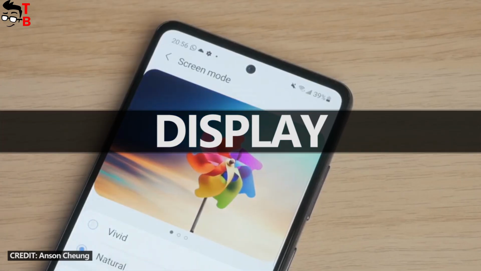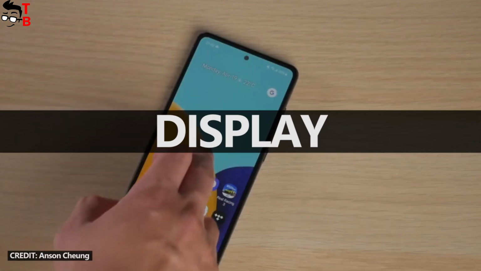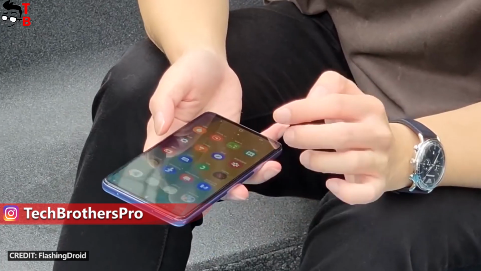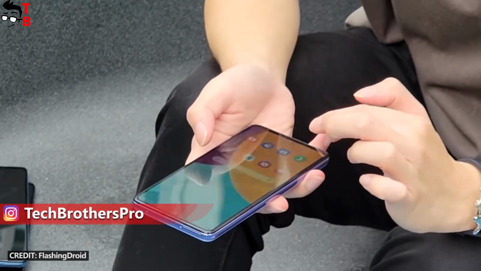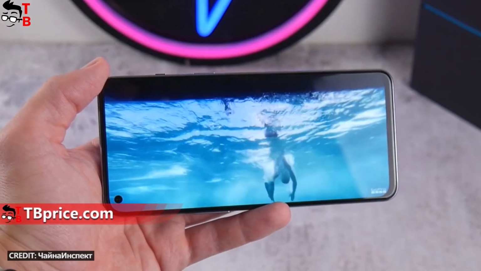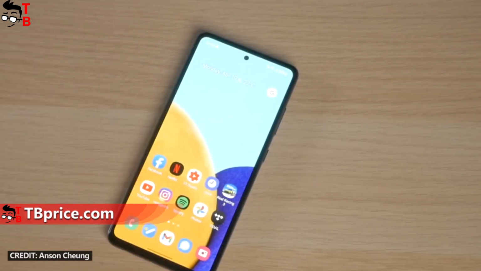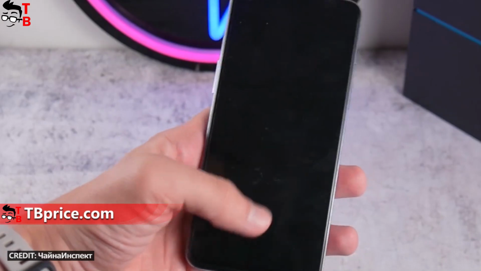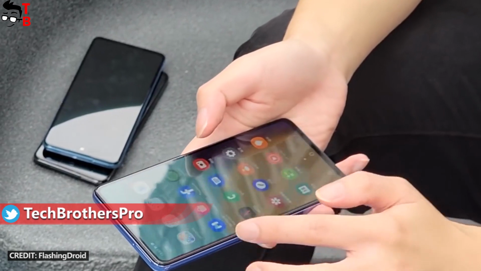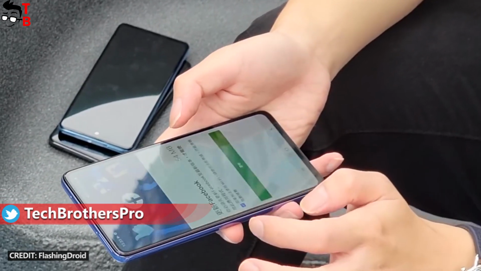Looking ahead, I will say that Samsung Galaxy A52 5G also has a better display than OnePlus Nord 2 5G. As I already said, the Samsung phone has a little bigger display, 6.5 inches, while the OnePlus device comes with a 6.43 inch screen. It is not a big difference. The resolution is the same, Full HD+. OnePlus Nord 2 5G has a Fluid AMOLED display and Galaxy A52 5G has a Super AMOLED panel.